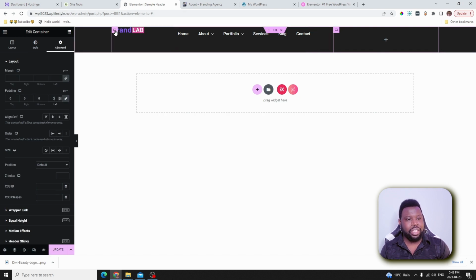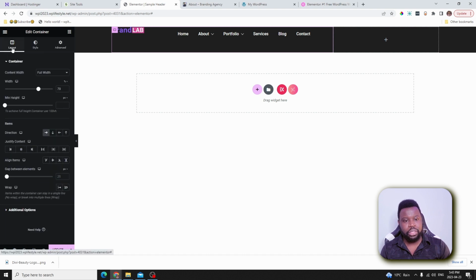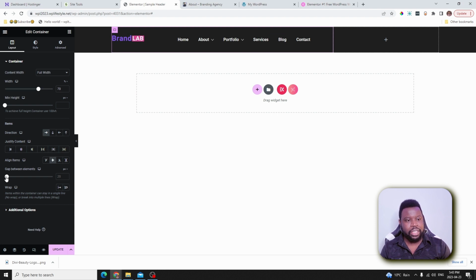And now let's select the inner container for the first one again, and then go back here to layout, and then under the layout here we can decide how we want to lay out the entire thing. We can make all of them stay in the middle like this, just like that, by selecting this center align items right here, and then we can decide the gap between the two items. You can see the gap, maybe we put 10 here for now. And then